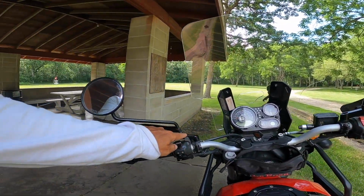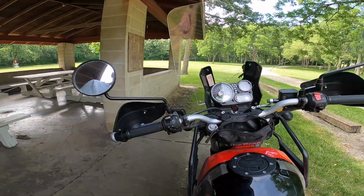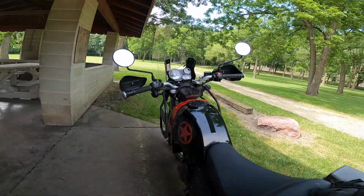Mirrors, I put these mirror extenders on here. I was getting about half my shoulder in the mirror, so I put these mirror extenders on. That helped a lot. Of course, I added this bag. Coming back here,